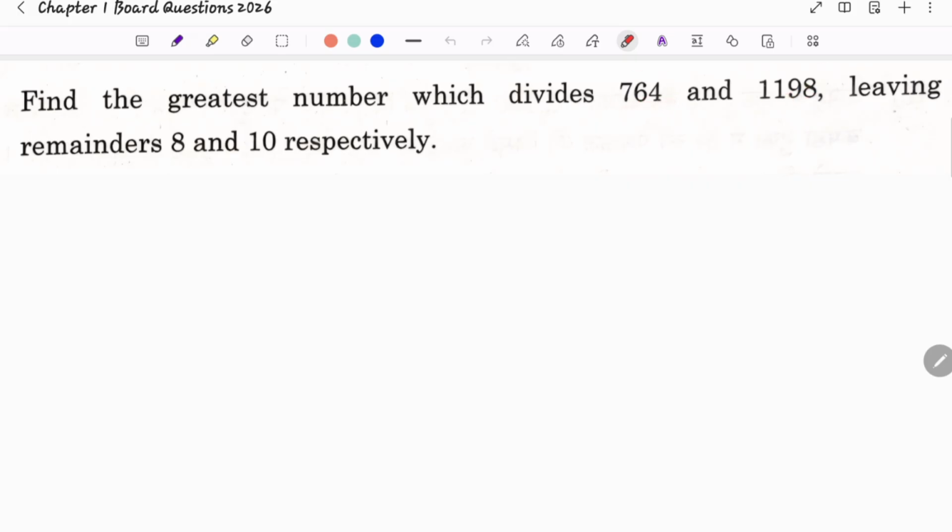The meaning of divides is that the number should be less than or equal to this number. Correct? So we should find the HCF of these two numbers first. But we have remainders. Okay, so we have to find the number, but it's not exactly a divisor of these two. It should leave the remainders 8 and 10. That's why before going to the HCF, first we have to do one step. The first step is